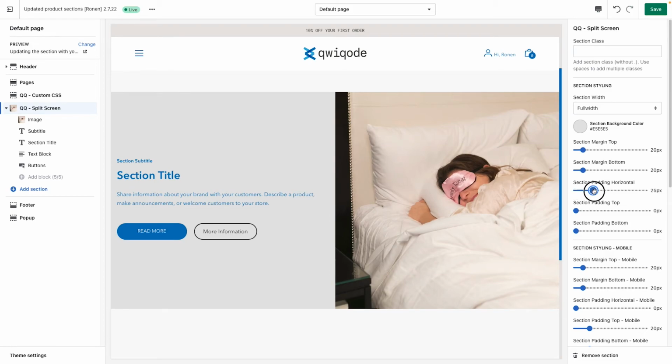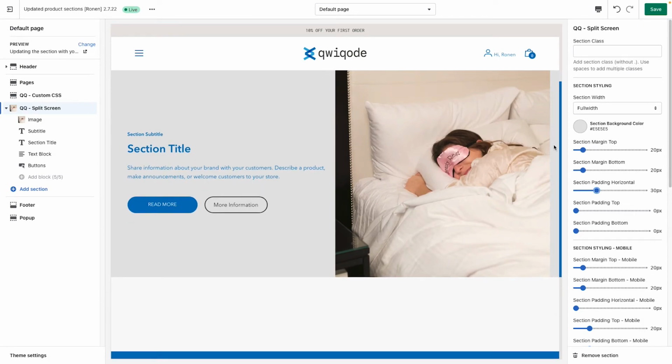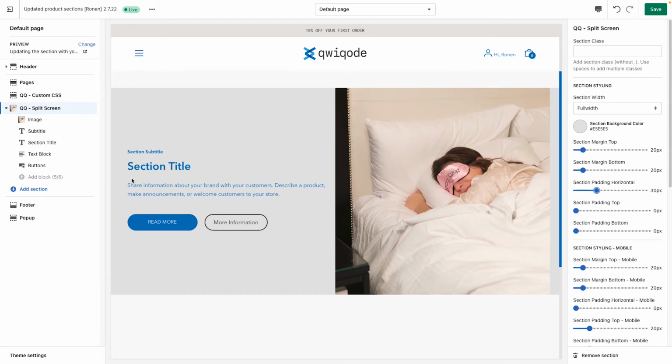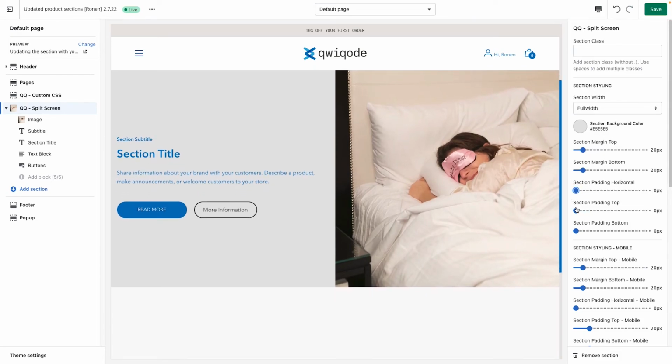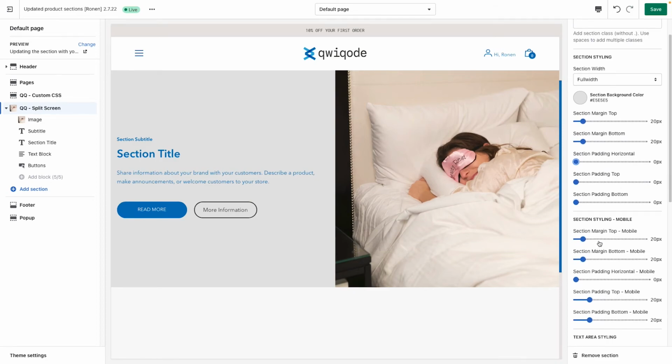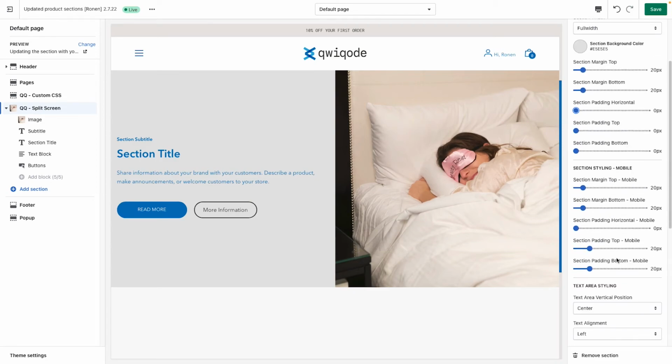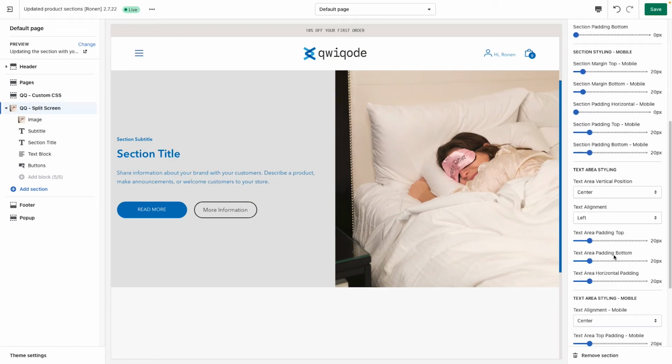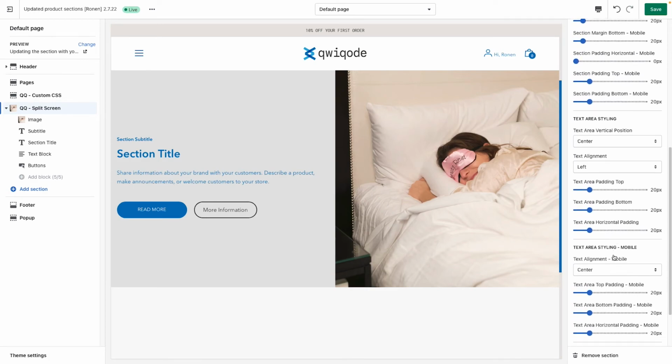Padding, you can also set for give padding on the sides. Not as needed if you're talking about a full width section. So we can keep that at 0. But scrolling down, we have the same sections for the settings for the mobile. Moving on down,